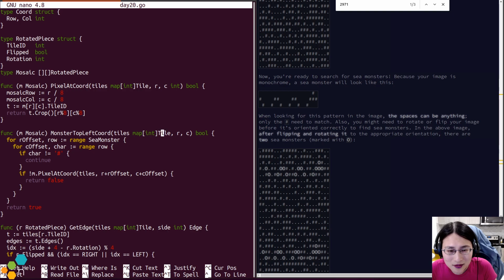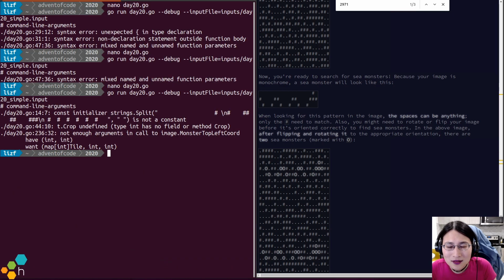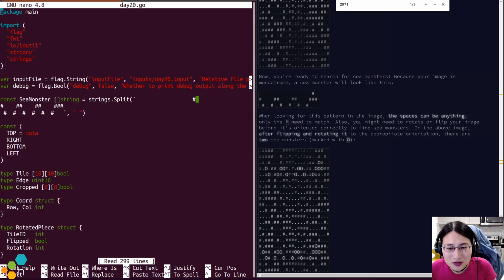What? Oh, RC int. Oh. It's not a... Golang does not have static blocks, which is super, super annoying.